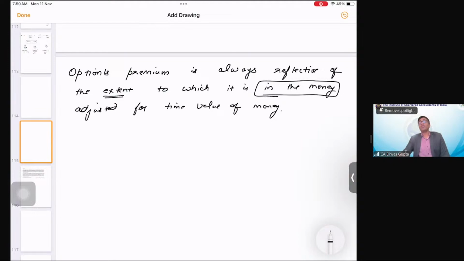Now with this, what I'm trying to say is that if the option is out of the money, then the option premium will become zero, because the option premium is always dependent on whether the option is in the money, at the money, or out of the money. See, you only think, if the option is out of the money, do you think the person who is going to purchase that option will pay any amount for that option? No, right? Because